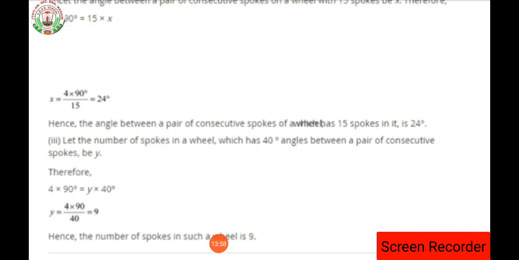So in this way we have completed question number 3. Okay, tomorrow we are going to see question number